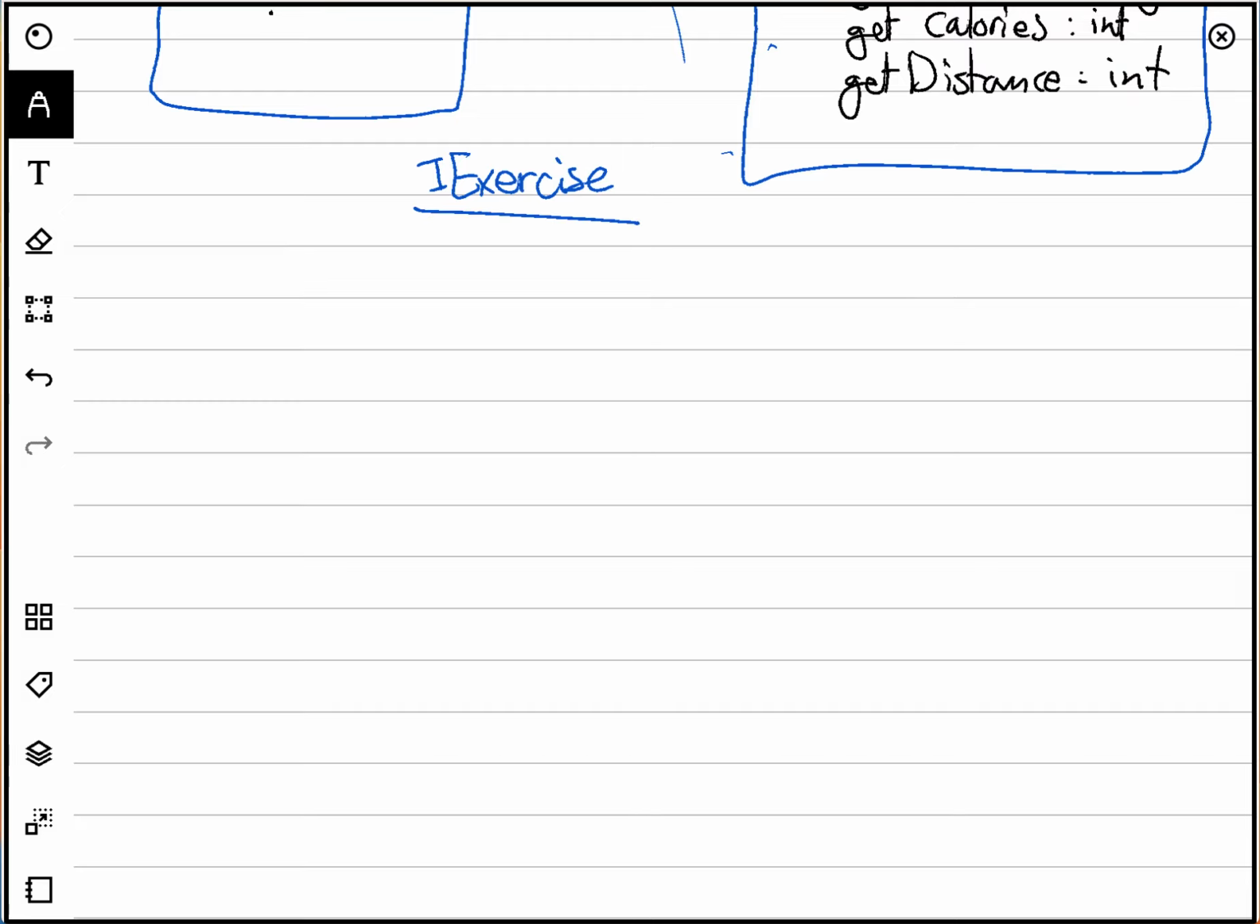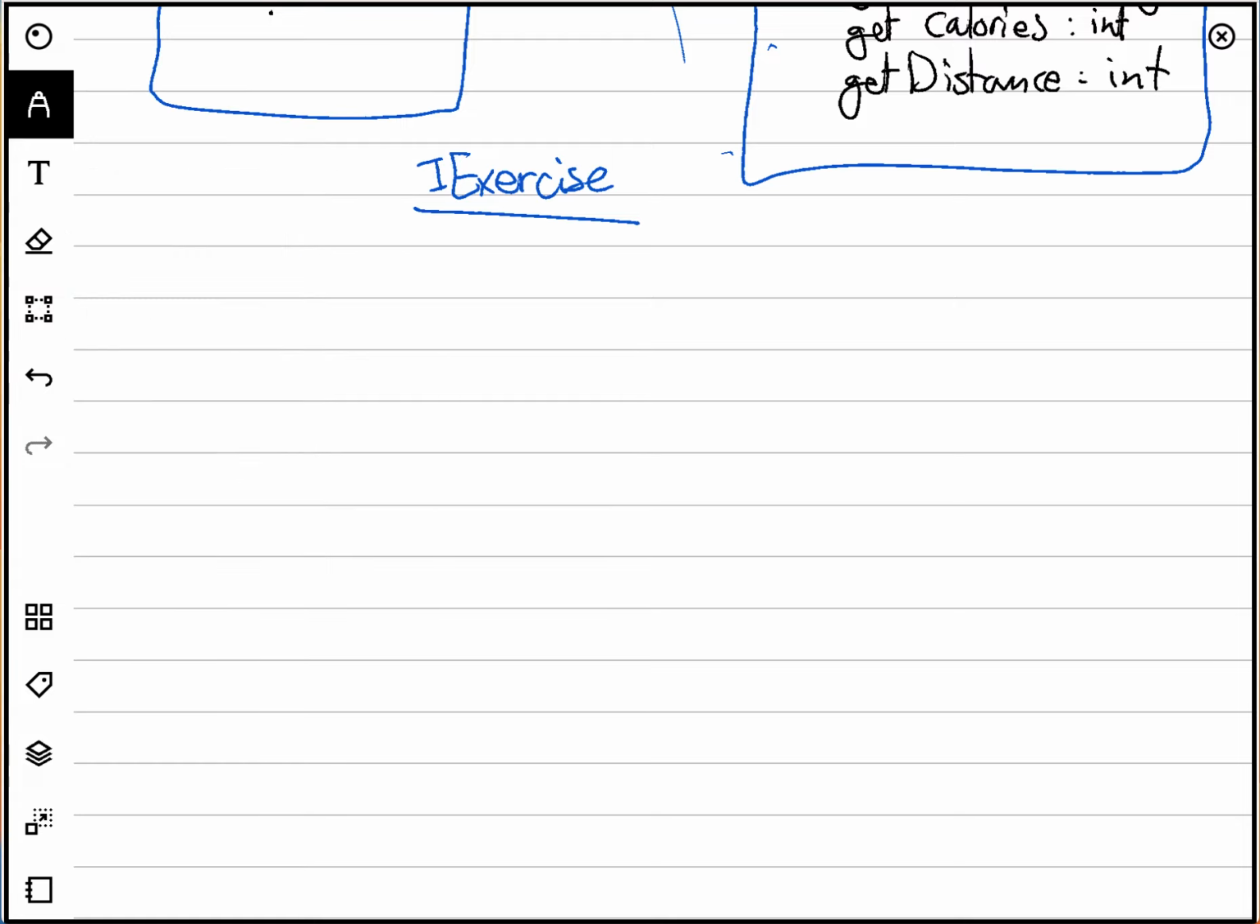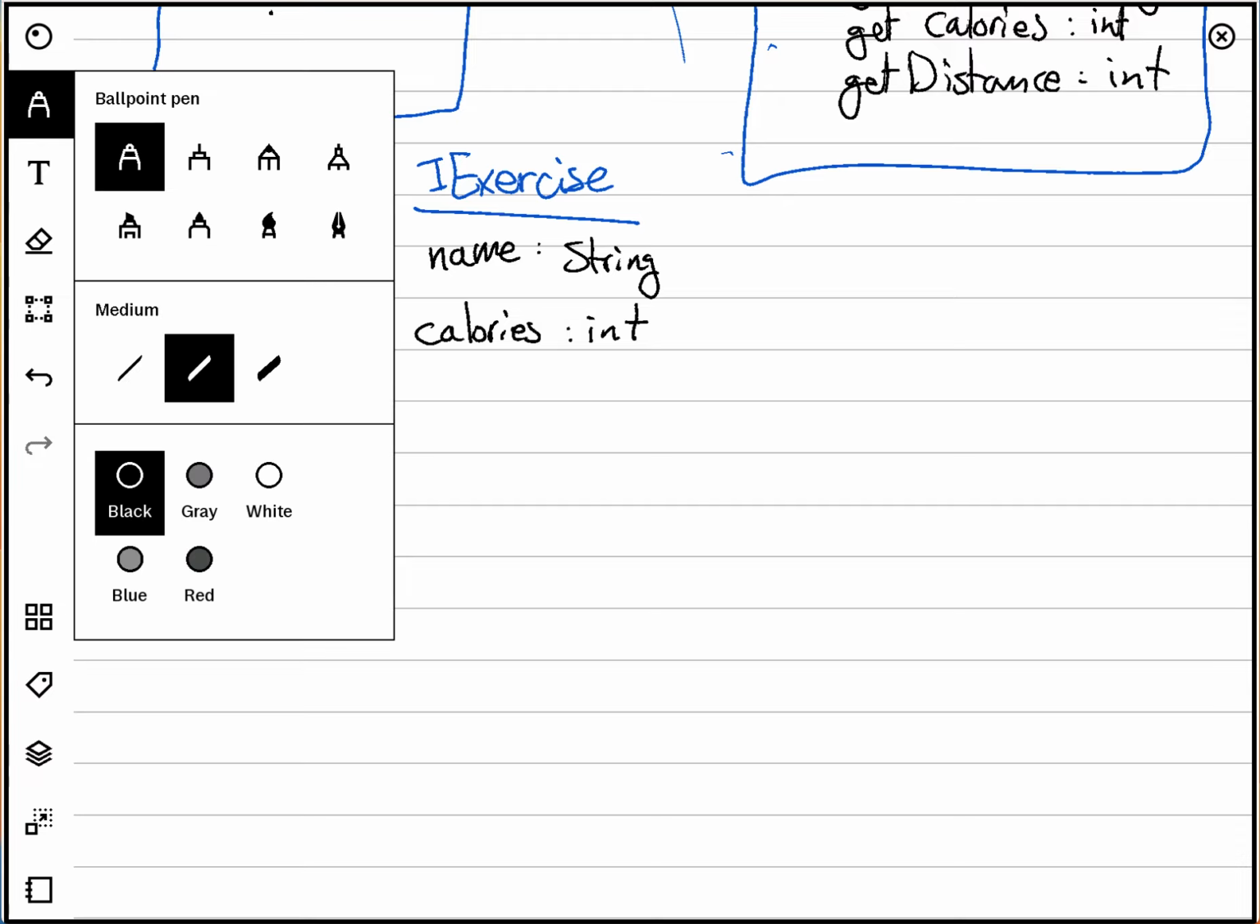And then we draw a line underneath it. What did the exercise have? It had a name, it had calories. Yes, exactly. So it had a name and calories. All right. And in order to essentially connect these, all you have to do,